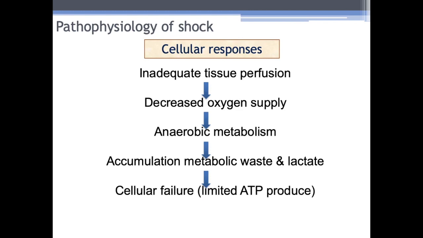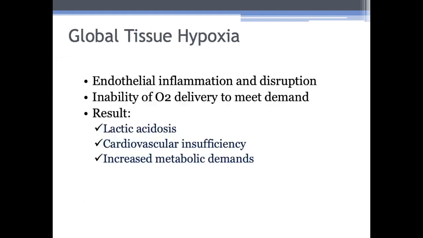It finally leads to decrease of energy production and loss of many cell functions, such as ion imbalance, activation of different phospholipases, and activation of free radicals. It can finally lead to damage of the cell and cellular membrane with hypoxia, and we know this as hypoxic damage of the cell. Unfortunately, it is very dramatic and spreads in different tissues during shock, so we will see this global tissue hypoxia